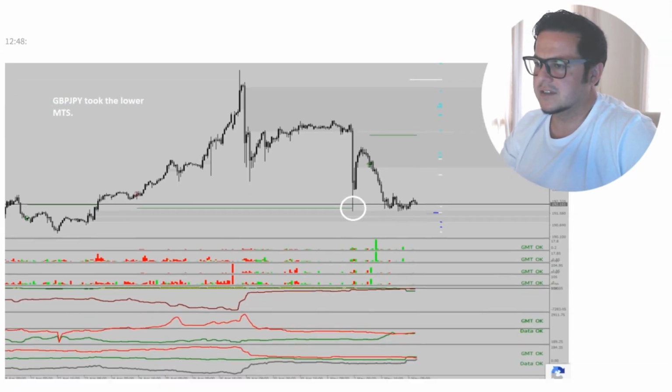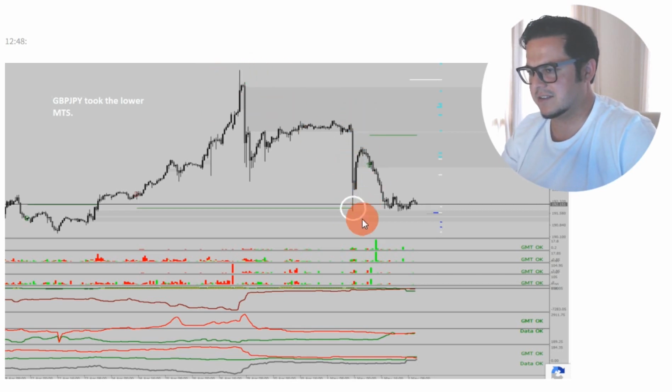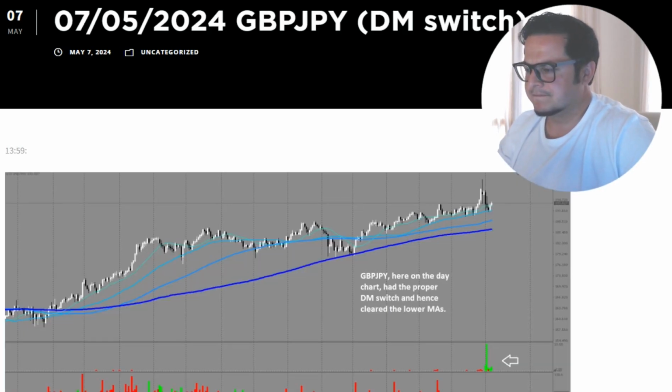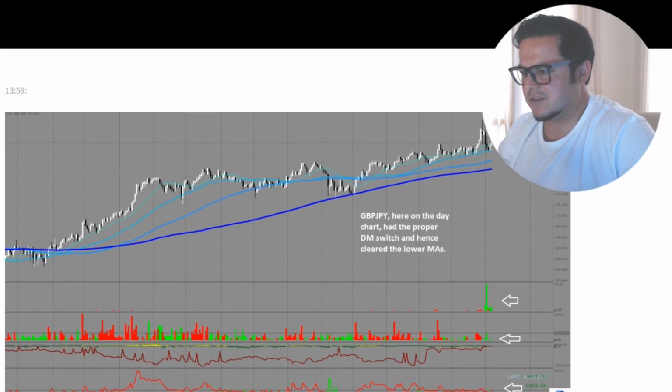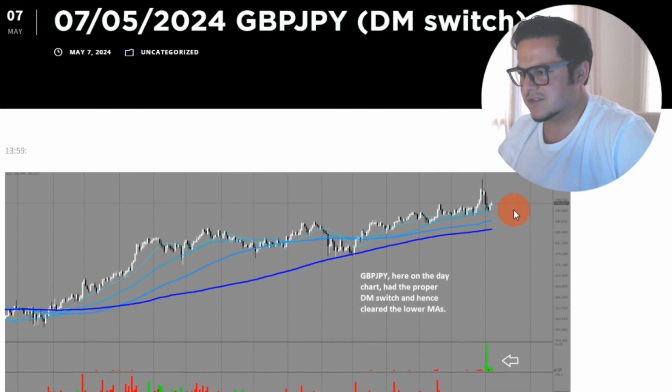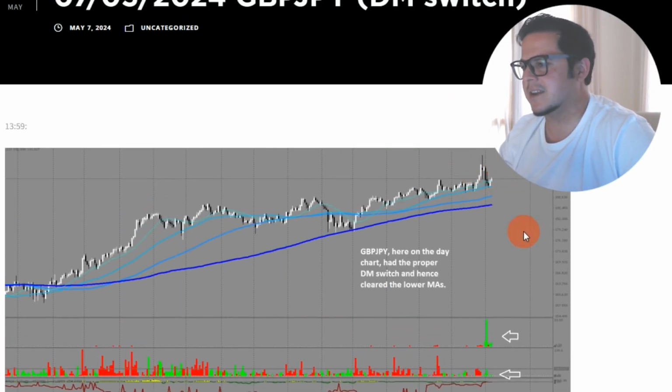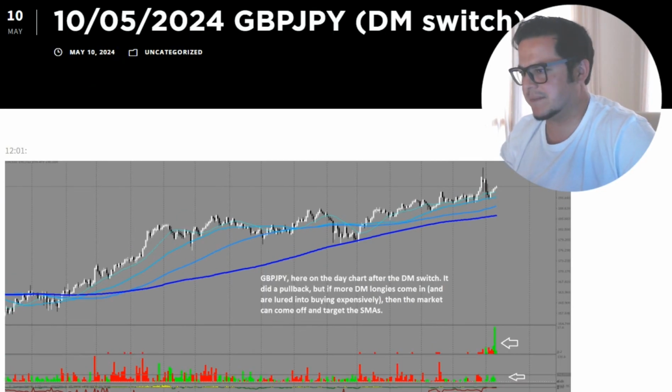Pound yen. So there with the massive stop run, the reversal, then the beautiful MTS run, the ones who caught this one, well done. That was a beautiful move. Take note of how we have a house cleaning dynamic here, first cleaning the upper stops and order gap zones, then cleaning the lower ones. So that's a typical house clean dynamic. And you see the clear down money switch on the day chart. Okay, longies are taking over right now, so it can turn after this super exaggerated aggressive up move. But in the best case, we get more longies coming in and then a proper reversal down. Okay, so we pay attention to these things.